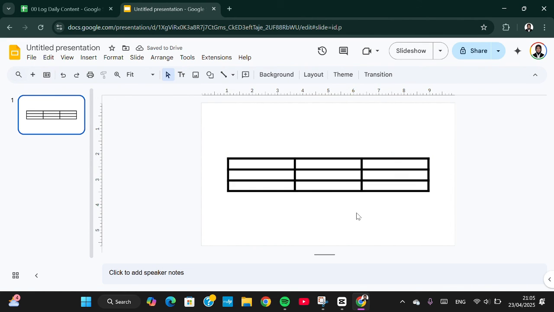Okay guys, and that's all the way to add border to table in Google